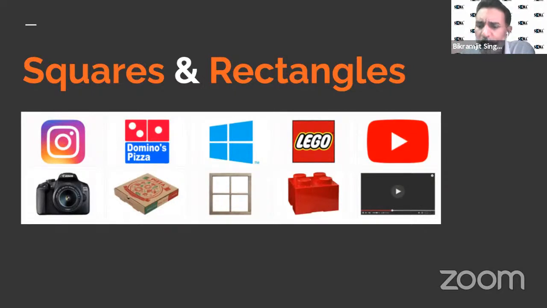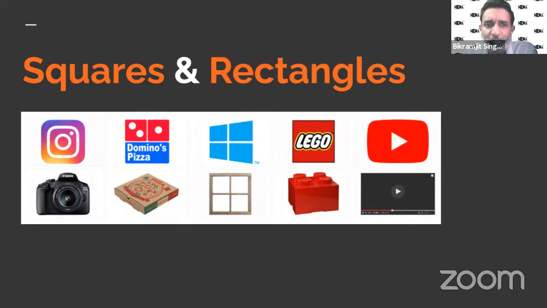There is more to it. We'll be seeing Pinterest, Domino's, Windows, Lego, and a lot of them. If you Google, you can definitely find them. Your PC screen, your laptop screen, the pizza boxes all use squares or rectangles.